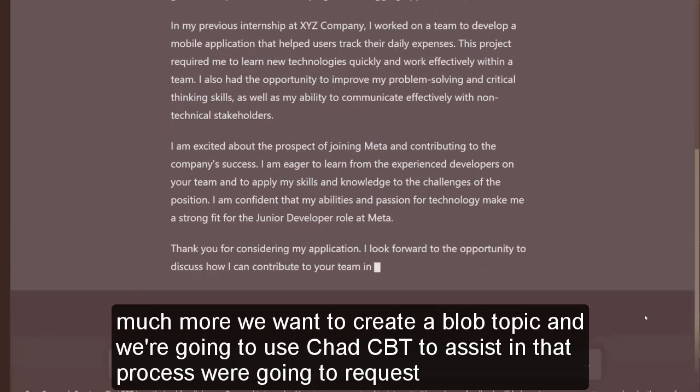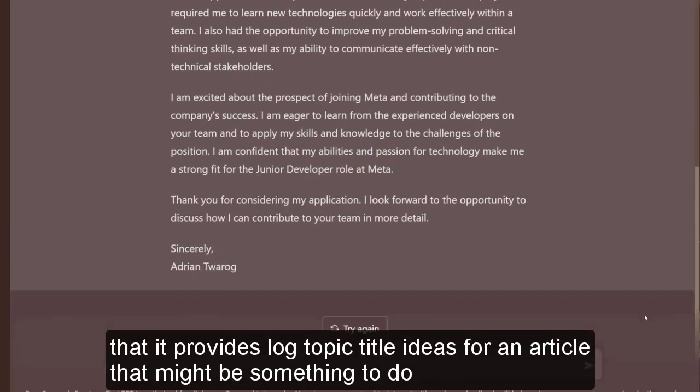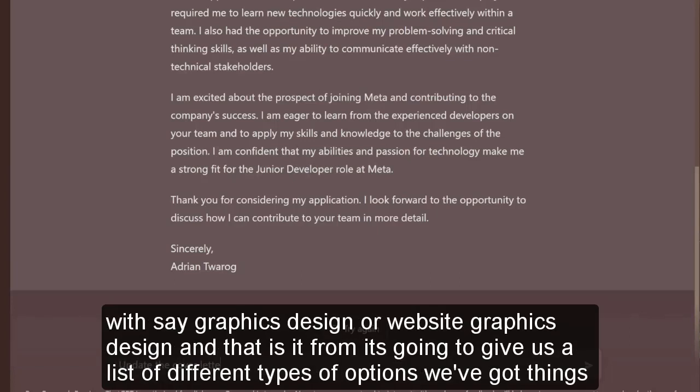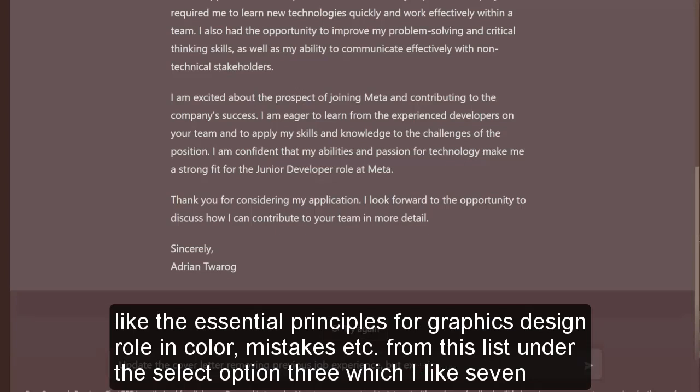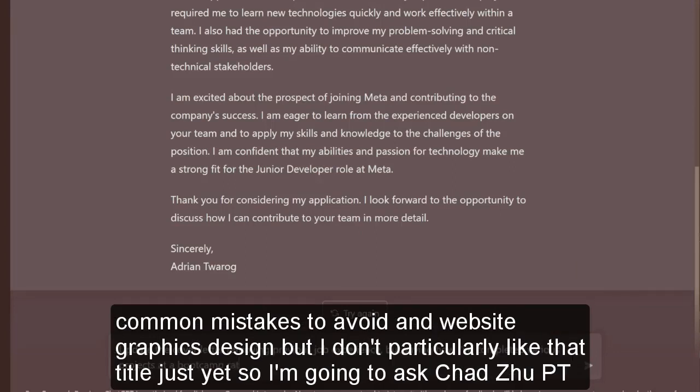We're going to request that it provides blog topic title ideas for an article that might be something to do with, say, graphics design or website graphics design, and that is it. From that it's going to give us a list of different types of options. We've got things like the essential principles for graphics design, role of color, common mistakes, etc. From this list I'm going to select option 3, which I like, 7 common mistakes to avoid in website graphics